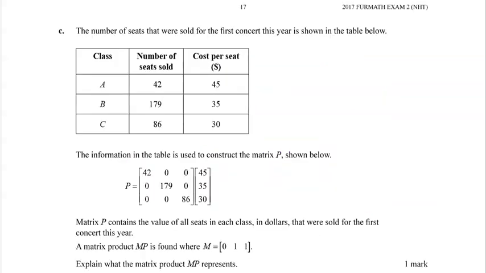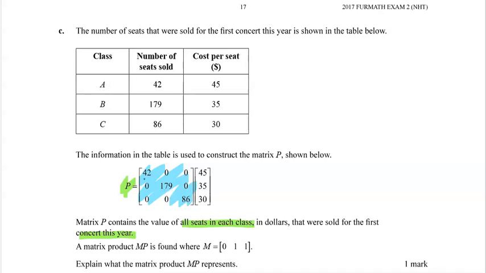Let's see. The number of seats that were sold for the first concert this year is shown in the table below. This information is then used to construct the matrix P shown below. Matrix P contains the value of all seats in each class that were sold for the first concert this year. So if we just pause here, we can see this diagonal matrix, the first one, when we actually multiply this out,